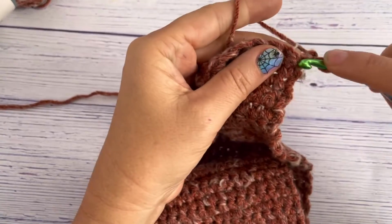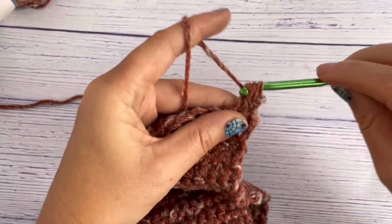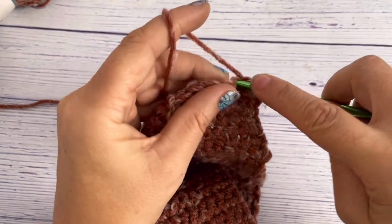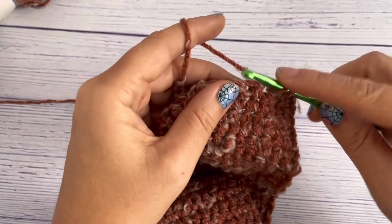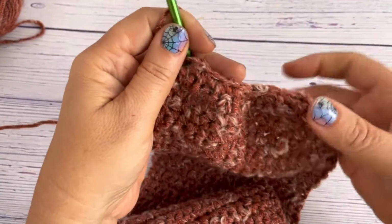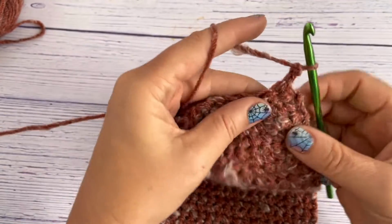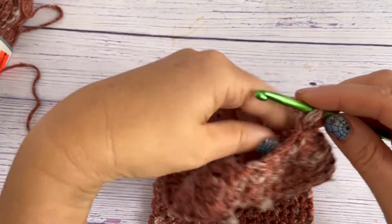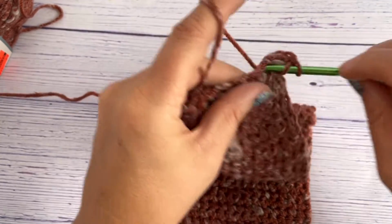That's just like that. I'm going to attach on the other side. So I'm just going to do the decrease here. Before we did 2 single crochets into each stitch to increase it, and now we're going to do the same to decrease it, so a decrease into each stitch, and then chain 2 and double crochets along,